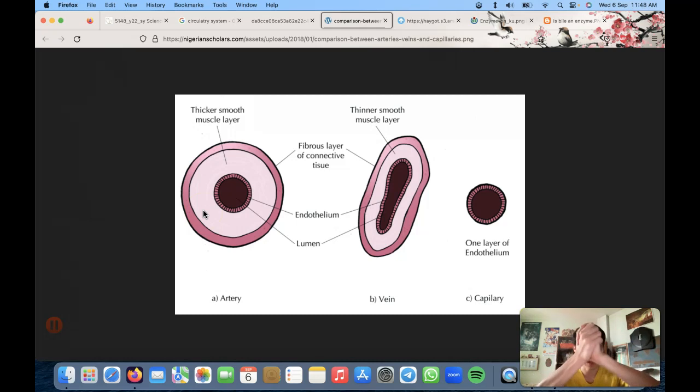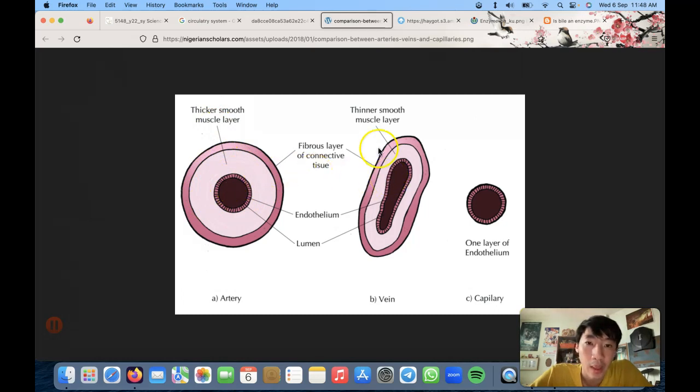Imagine this is your heart. Every time it's compressing, it's pumping. There's a high amount of pressure every time you pump, the blood will shoot, there's a high pressure of it. And if your arteries are not thick enough, then they'll just burst, right? And then you get an explosion of blood in your body. Then you die. Okay, so that's why your arteries need to have a thick layer of muscle. Okay, this pink area.